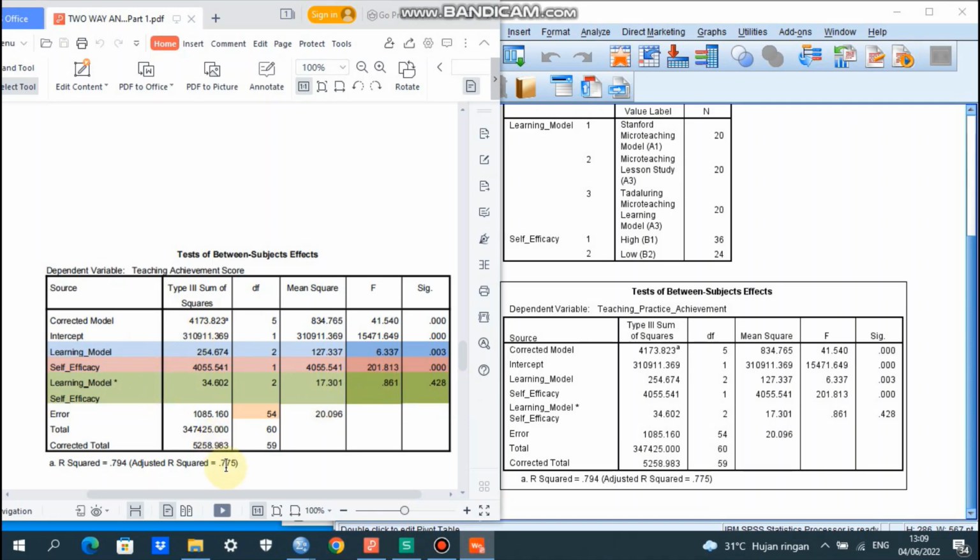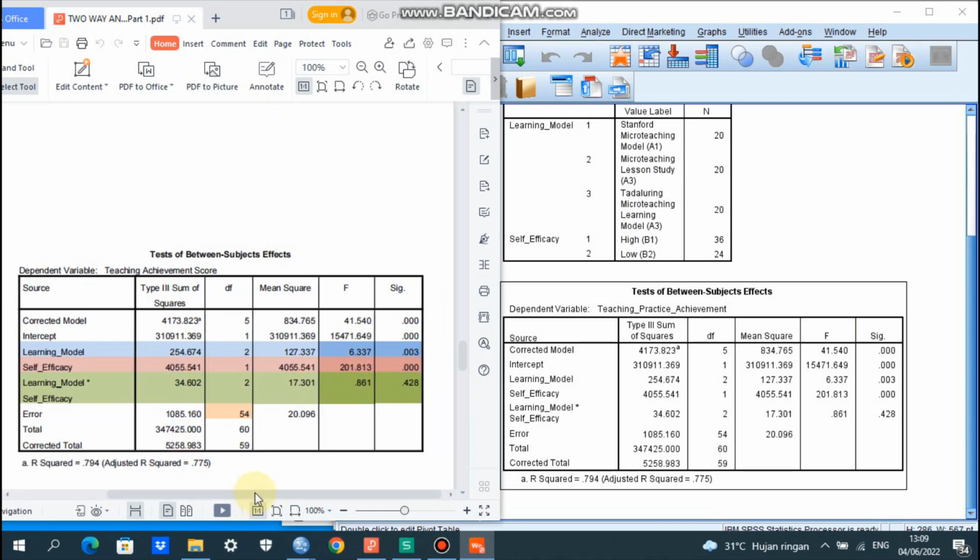Okay, the learning model here. The F count is 6.337, and the significance is 0.003. Then for self-efficacy, the F count is 201.813, and the significance is 0.000.